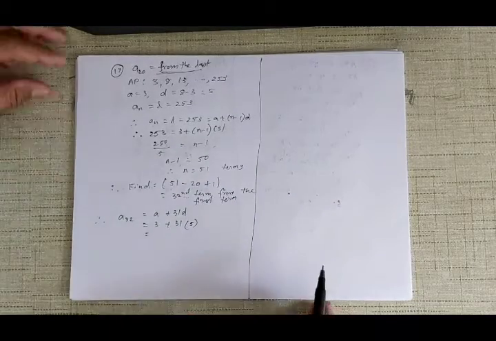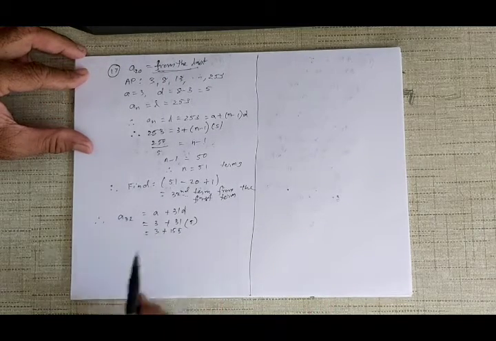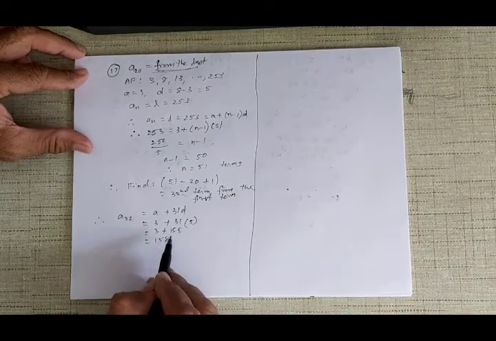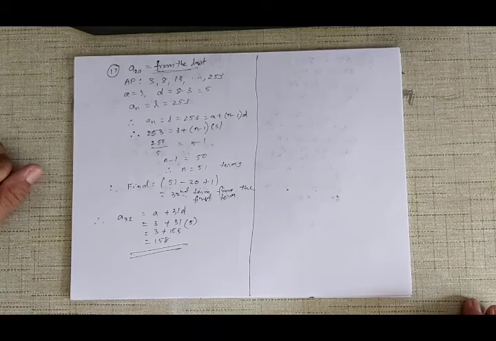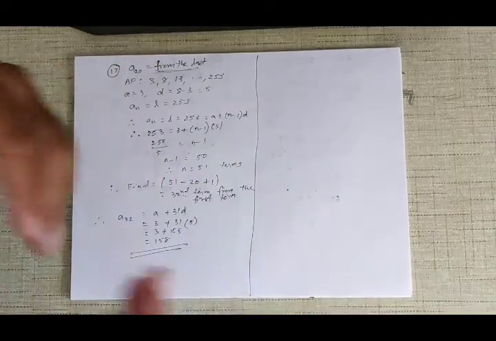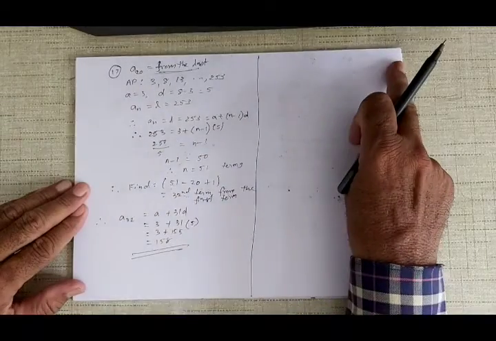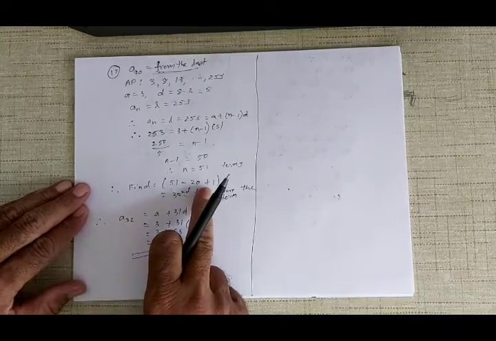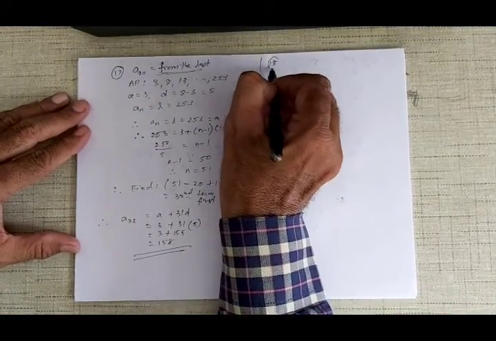Okay, and that is equal to 3 plus 155, and you get 158. So to find the 32nd term, find the 20th term from the end. आगे से नहीं, पीछे से। यहाँ से स्टार्ट करते हैं और यहाँ से एंड होता है, तो इधर से हमको रिवर्स ऑर्डर में गिनना है, इसलिए हम उसको प्लस करते हैं. Alright, so 158. Now look at the 18th question.